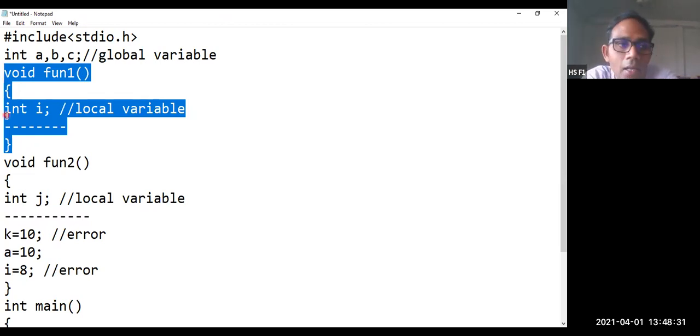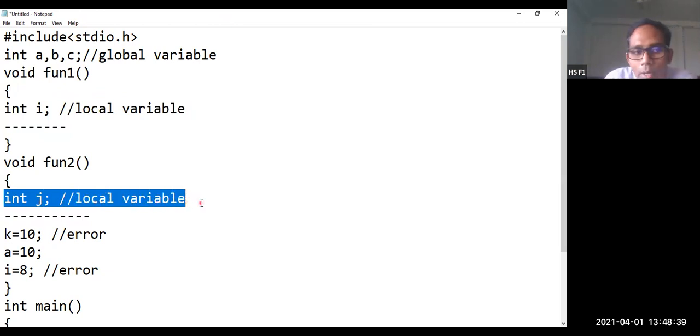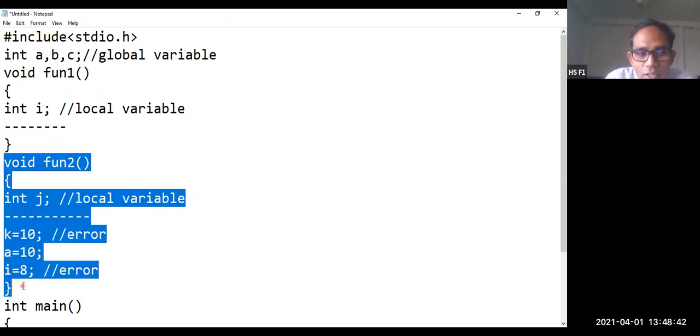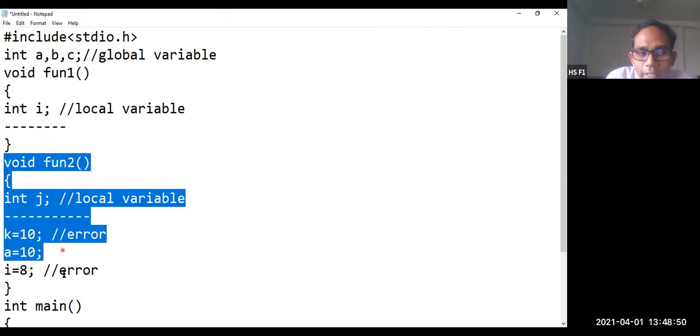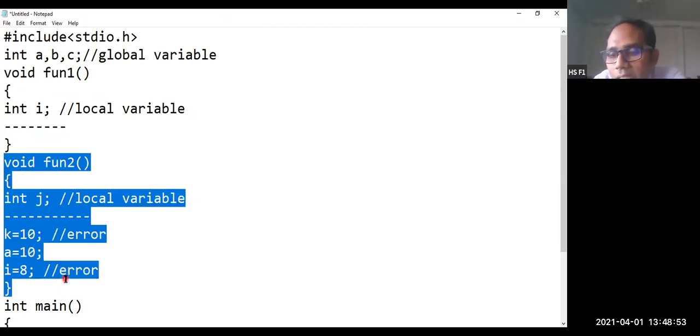Now coming to the lifespan of j, a local variable created inside function 2, the lifespan of integer j will be from the starting flower bracket till the ending flower bracket of that particular function. Lifespan, from where to where? From the opening flower bracket of the function to the ending flower bracket of the function.